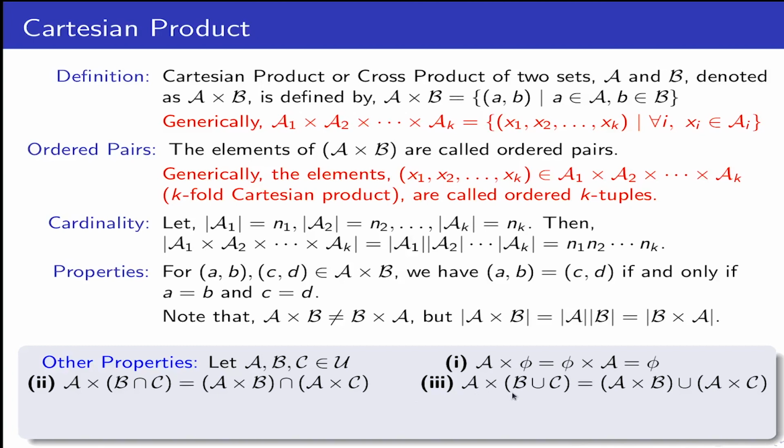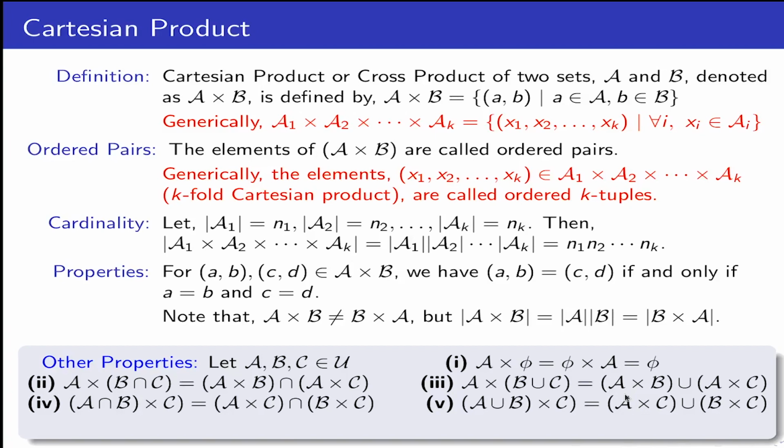Here, unlike the previous proofs, to prove this kind of property we start with a pair x comma y that belongs to this particular set because it's a cross product, so it is a pair of all elements, and try to prove that x comma y also belongs to this, and vice versa. We will find some other properties like A intersection B cross C. Here also the cross can be distributed over intersection and over union as well. Please ignore these two brackets, this is a mistake after C here and after C here.